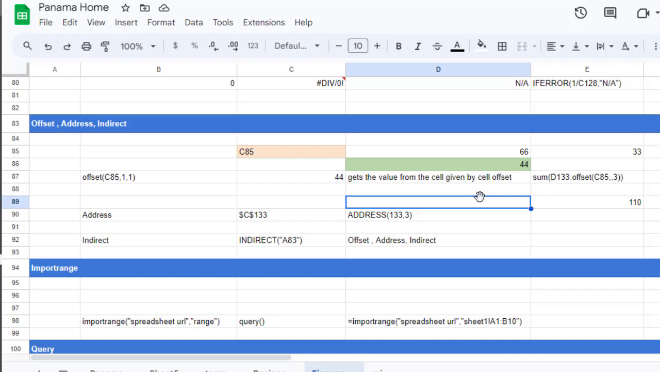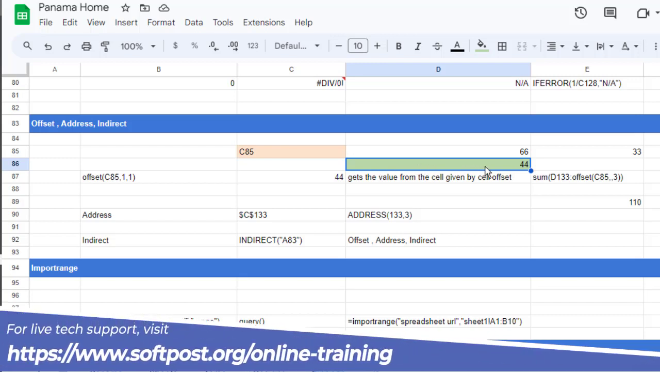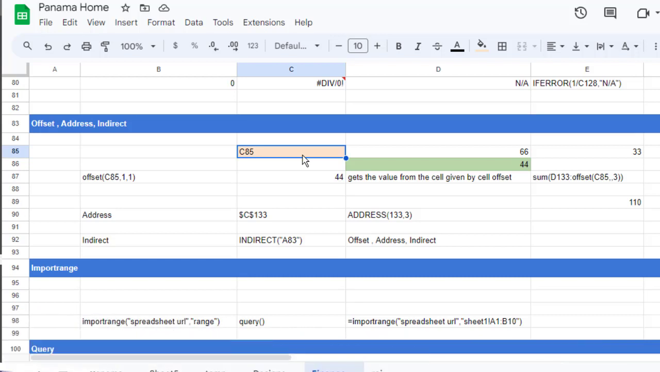In this video, let us look at the OFFSET function in Google Sheets. With the OFFSET function, you can get a reference to a cell in relation to another cell. For example, let us say you want to access this cell in relation to this cell, which is C85. So how we can do that is